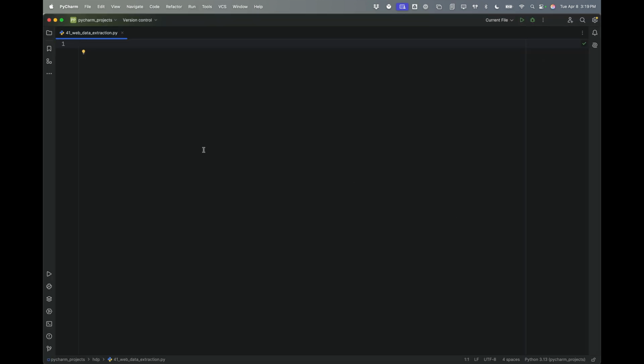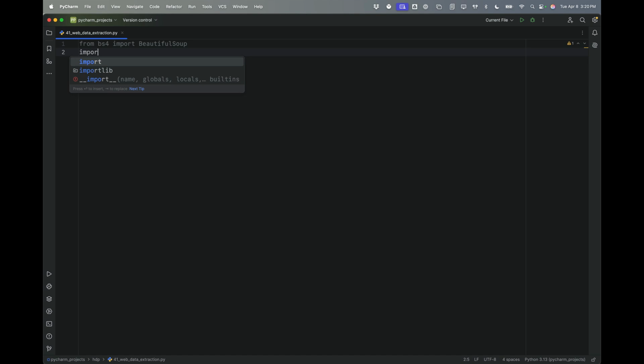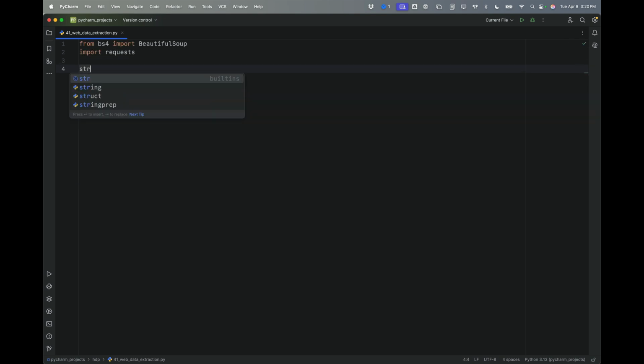Okay, so the first thing I want to do is import BeautifulSoup and the request object. So I'm going to say from bs4 import BeautifulSoup, and I'm going to say import requests because we want that whole library. And for the starting URL for this one, I would recommend that you find a website that's interesting to you and kind of parallel this project,